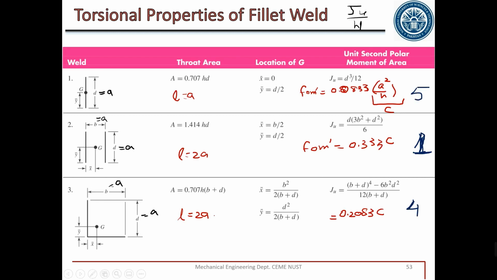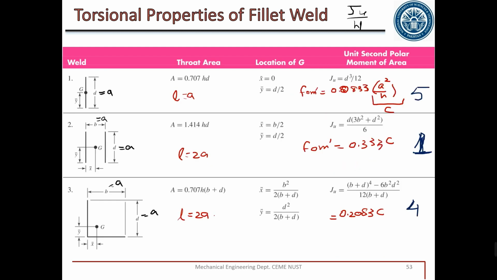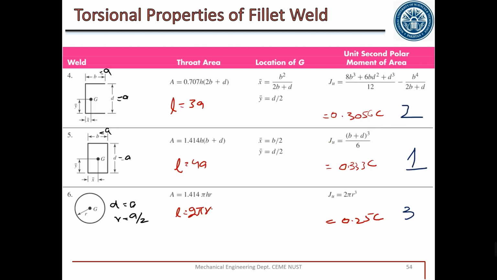So if you have an area of A cross A, figures 2 and 5 are the best option of weld that you can have on that surface. The second best is 4, third best is 6, fourth best is figure 3, and fifth best is 1. So when you have a design problem and a specific area, the first choice can be figure 2 or figure 5. The figure of merit is the same.